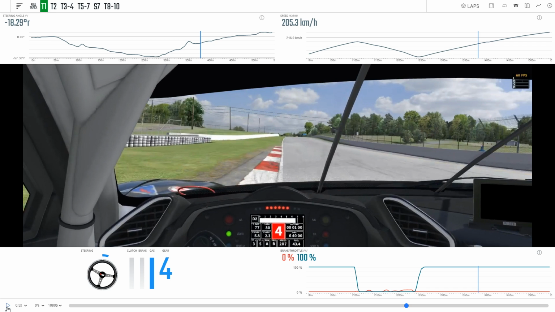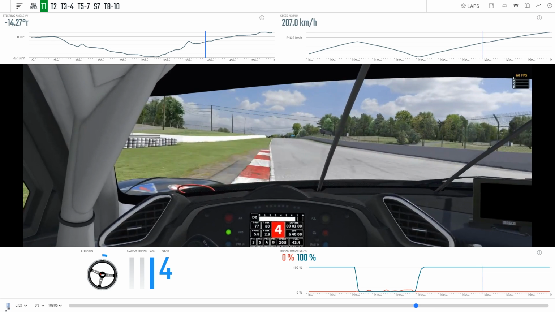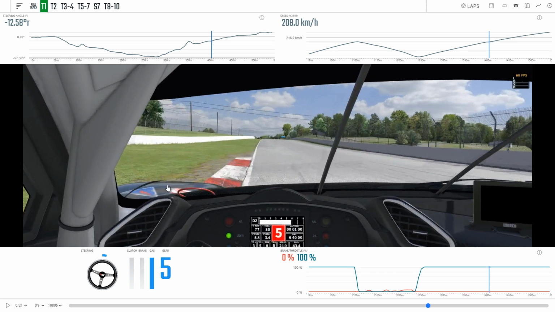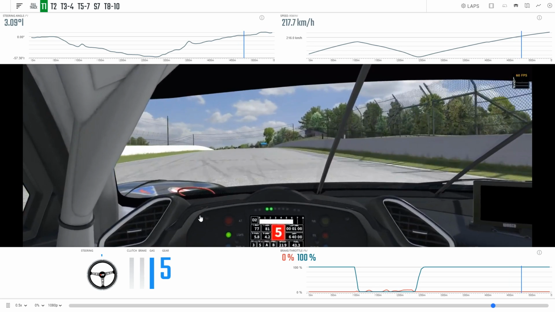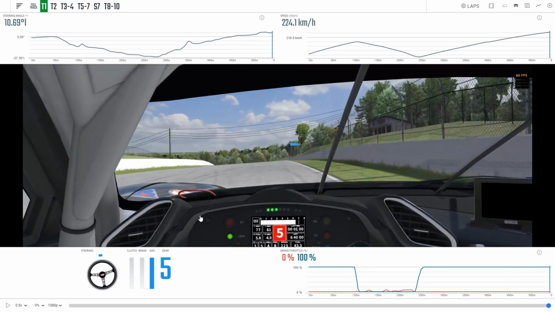So important not to pick it up too early and time it just right, so you're right on the limit of grip all the way throughout the exit and running out onto this curb as well, without obviously dropping any wheels onto the grass. And then you continue to bring the car over to the right hand side of the